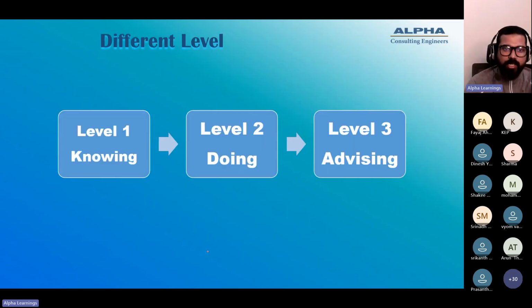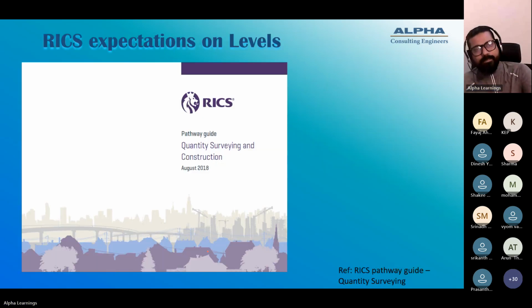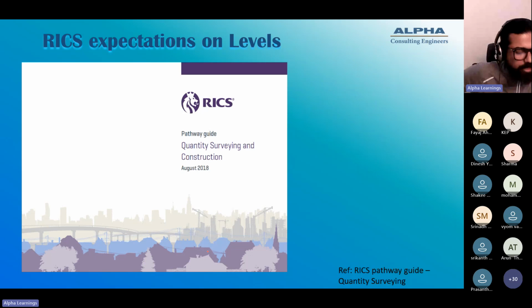Quantity surveying pathway guide. This we have already discussed: knowing, doing, and advising. Okay. Now, what to write in the summary of experience? To understand what we should write, we have to refer to 2 documents. The first document that you should refer to is the RICS Candidate Guide. RICS has recently published the Candidate Guide. You must go through it to understand the